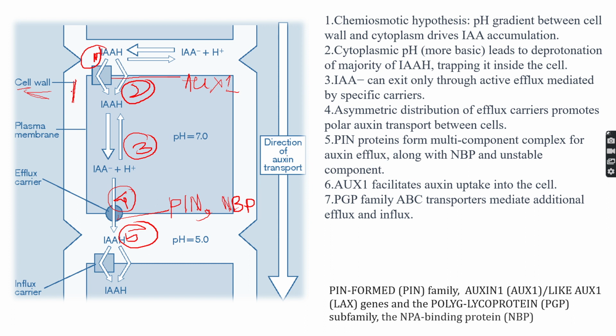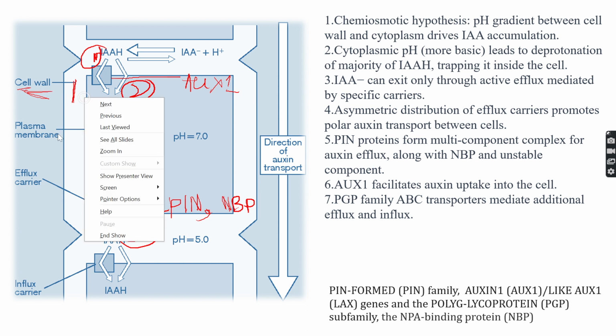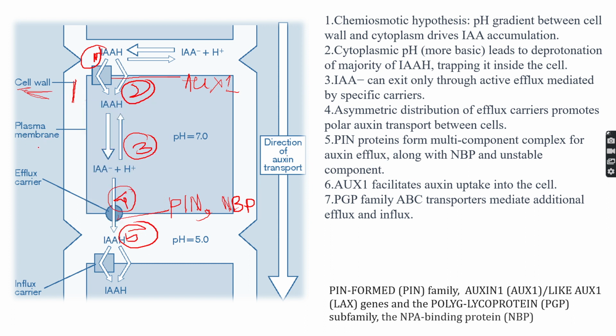This is the cell wall and this is the plasma membrane, or cell membrane, you can say. And this is the apoplastic region outside the cell. This part is the apoplastic region, and the direction of the auxin transport is from up to down. Okay, so in the first point, as I have marked here,